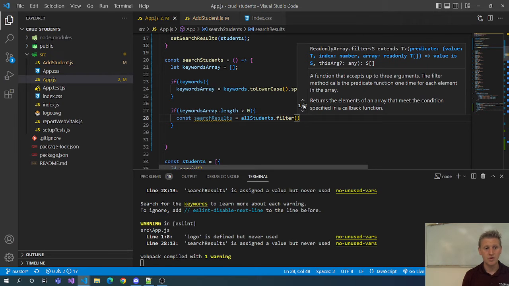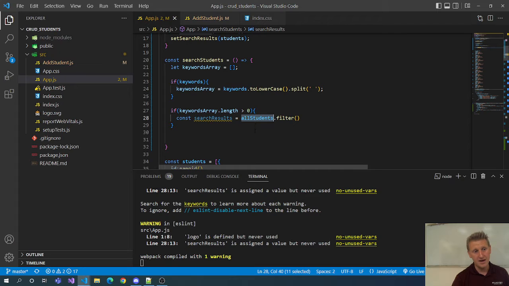Now, the way filter works is it's going to loop or iterate through all of the objects inside of all students and check against a condition. And if the condition is true, it returns that student. If it's false, it rejects the student or does not return the student. And so inside of this filter,